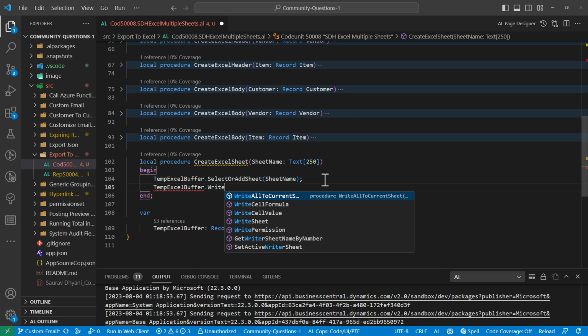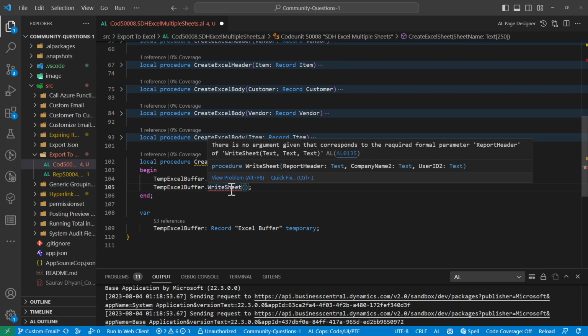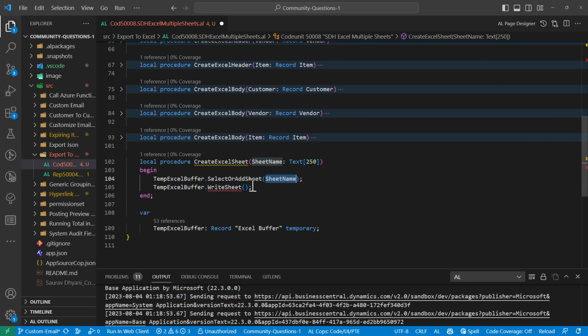Okay, write sheet, yes. And then the sheet that I'm writing should have some parameters, and we would have used it. What is the report header, company name, and user ID? So let the report header be the same. The company name becomes company name, and user ID becomes my user ID. So once the writing on the sheet is over, we move forward from there, right? And then at the end, we'll have to save the book and all. But